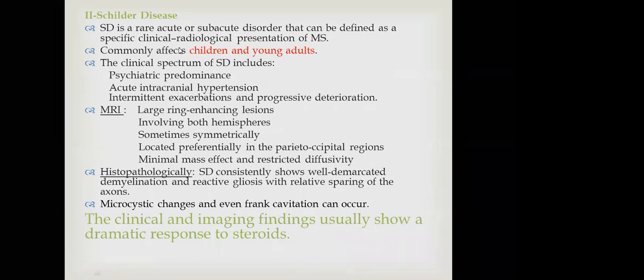Okay, it's a common disease affecting the shoulder. Commonly affects children and young adults. The clinical spectrum of the disease includes psychiatric predominance, acute intracranial hypertension, intermittent exacerbation, and progressive duration. MRI usually shows a large ring enhancement lesion involving both hemispheres, sometimes symmetrically, preferentially in the parieto-occipital region, with minimal mass